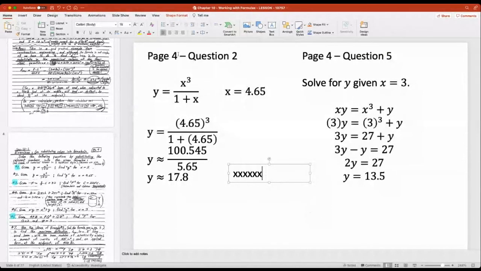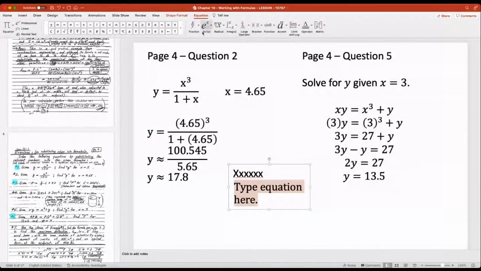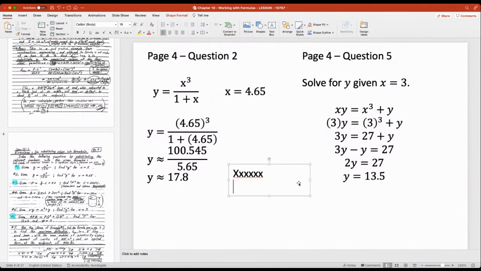Here's some letters just to fill in the space. Anyway, you would go here, insert, and then it's insert equation. This lecture is being recorded, so you can look for this later. So you do insert equation, and then all the rules for the equations are here. I had some students ask me that even this year, so that's why I just wanted to put that out there. If you can master typing equations,